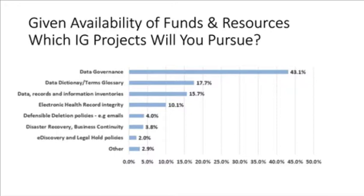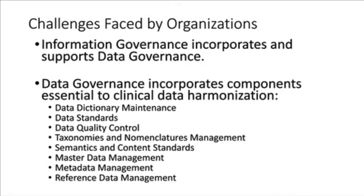But the data records and information inventories, classification, all of those things are really components of data governance that are very, very important in terms of getting to a point of being able to trust the data itself and to ensure that you have harmony across your data. So as I said, IG, information governance, is supported by data governance, and that is one of our key competencies